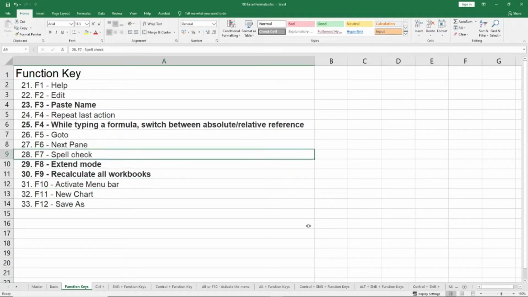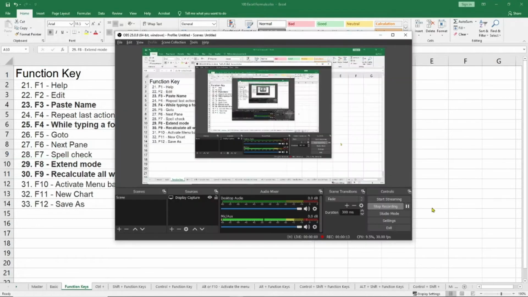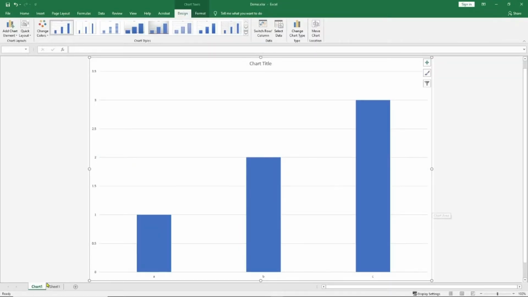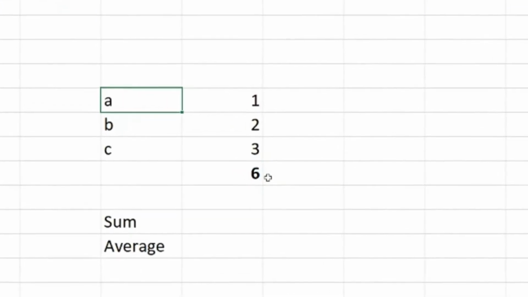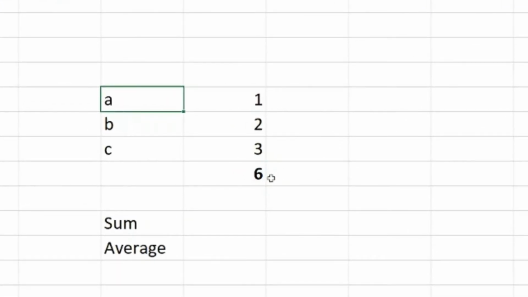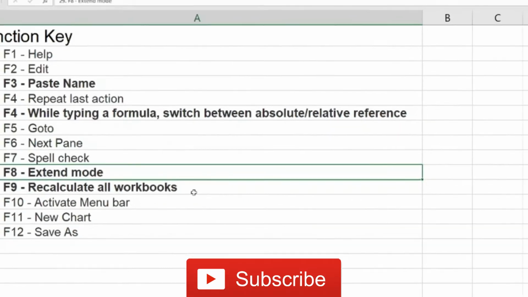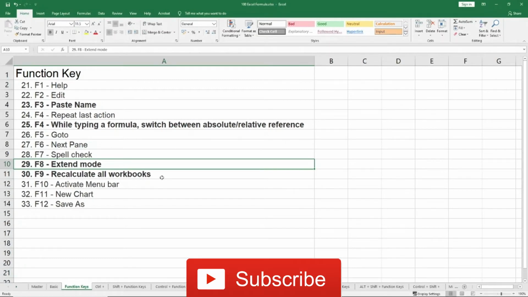Spell check, it's basically for the spellings which you have typed and the grammar. F8, extend mode, is really helpful if you don't want to use your mouse a lot, or you don't want to keep one finger on the Shift and the other on the arrow keys. I'll show it to you on my demo sheet. In my demo sheet, if I come here, A, B, C, one way is I press the Shift key, go down and go right. The other way is I press F8 on the cell C5, which is the letter A, and now I'm not using anything but the arrow keys. I go down, I go right, and so on. This is useful a lot of times, but not used by a lot of people.